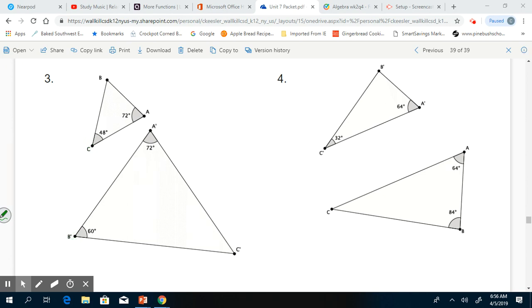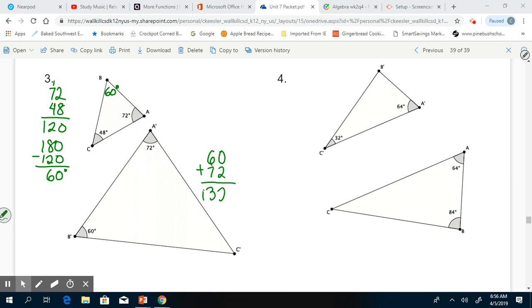So in the first one, if I do 78 plus 48, 7, 8, and 4 is 12, I get 120 degrees. And then 180 minus 120 is 60 degrees. So my B is 60 degrees, where if you look at the bigger triangle, B prime is also 60 degrees. So I'm just going to do the work on the larger triangle to make sure that C is the same as the smaller C in the smaller triangle. So 60 plus 72 is 132, and then 180 minus 132 is 48 degrees. So now I have enough to prove that those two triangles are similar,